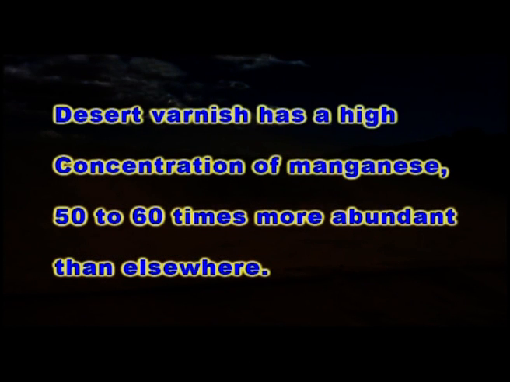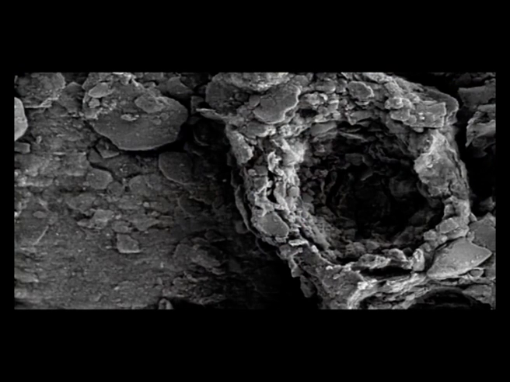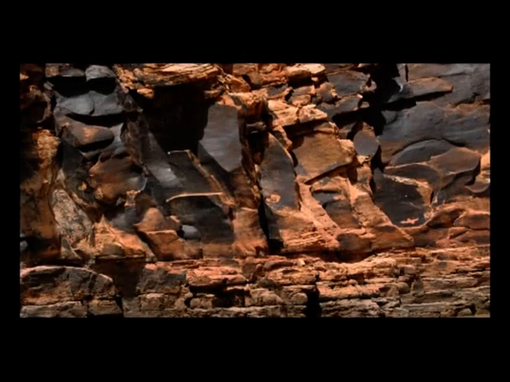Desert varnish has a high concentration of manganese, 50 to 60 times more abundant than elsewhere. Black manganese oxide and red iron oxide add the color to desert varnish. Desert varnish forms only on physically stable rock surfaces that are no longer subject to frequent precipitation, fracturing or sand blasting. Desert varnish often obscures the identity of the underlying rock, and different rocks have varying abilities to accept and